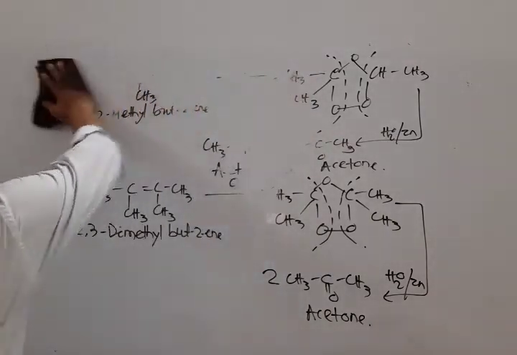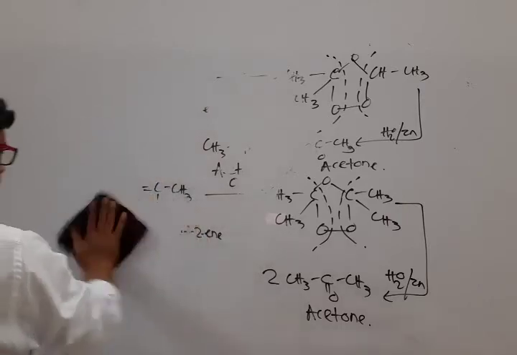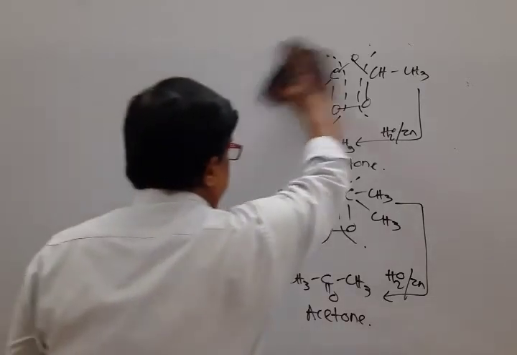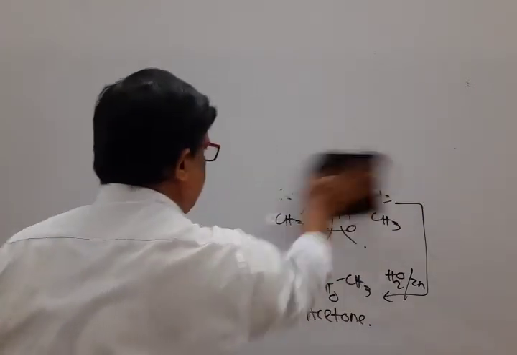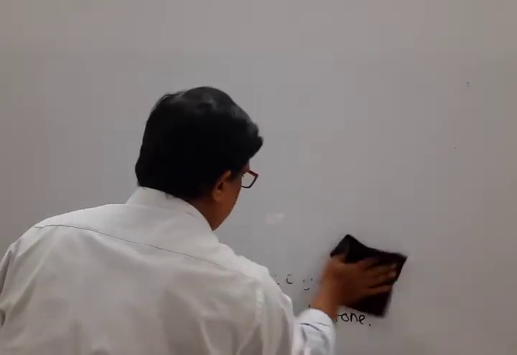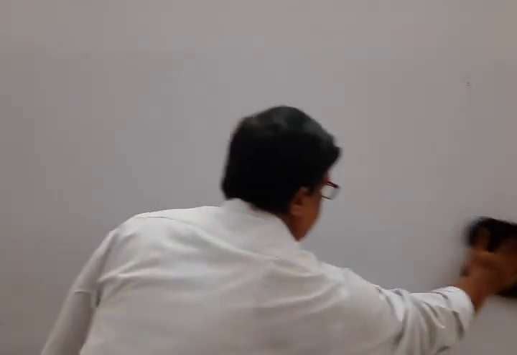Next chemical property is polymerization. What do we mean by polymerization? That is when a large number of small repeating units repeat themselves to form a single giant unit, then the small repeating unit is known as the monomer, and the single giant unit is known as a polymer, and the process of formation of polymer is known as polymerization.